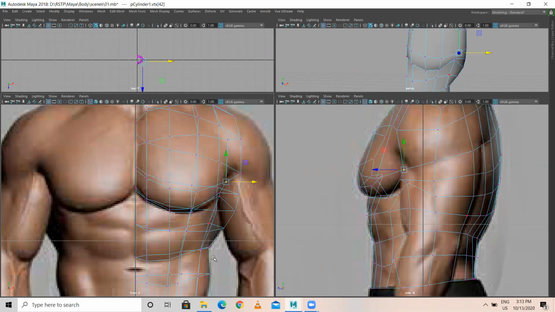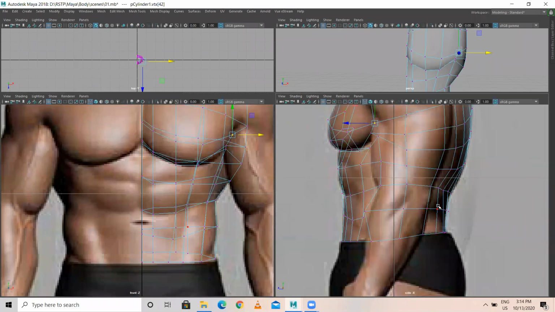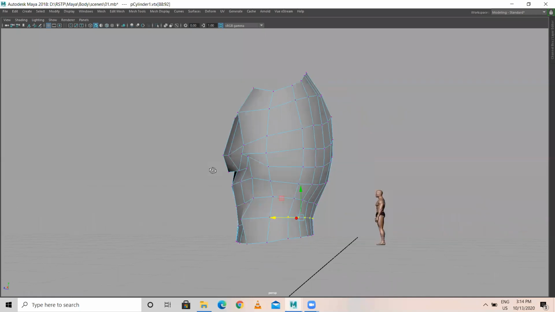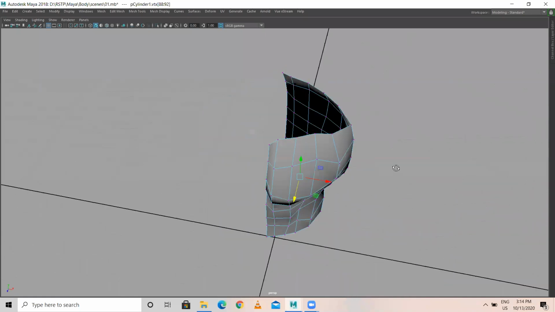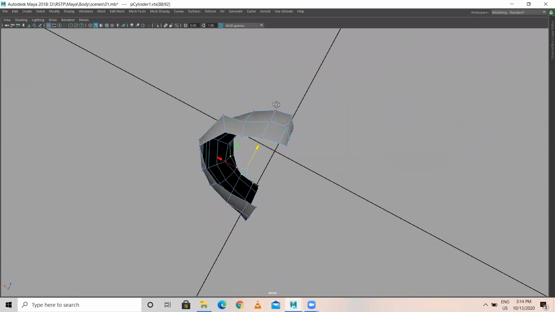Something like this. It's done. So front view, side view, I think everything we have adjusted here. Okay, I'll come to perspective. Now this is what we have done. So in perspective, I'll also see something like this.